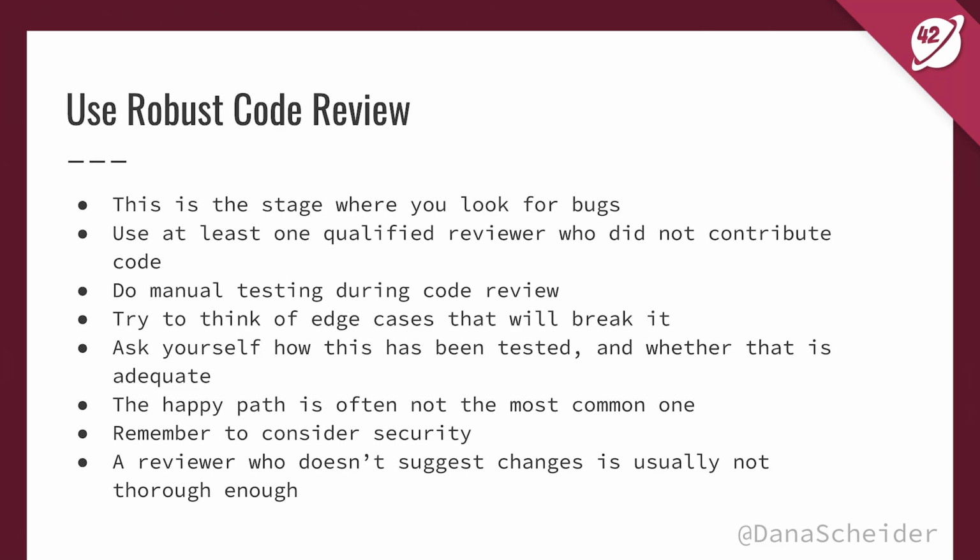Security should also be a part of this code review. Code reviewers should be informed about security. And a kind of rule of thumb here to take away is that a reviewer who doesn't suggest changes is usually not thorough enough. And I'm not talking about a one-line change that updates a third-party library or something, but if it's a larger pull request that implements a feature or fixes a more complex bug, then reviewers should be suggesting changes. And it's important to kind of, as a reviewer, take it as a red flag if you find yourself having no suggestions.